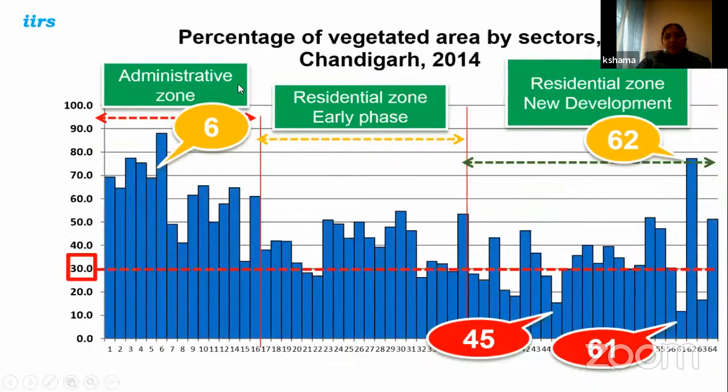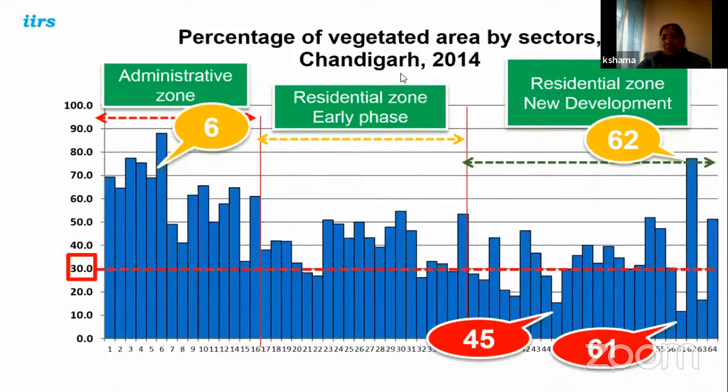Then there is one more example: this is a vegetated area, and how you can compute vegetated area. From the remote sensing data, we have extracted the vegetation area, separating out the non-vegetation and vegetation areas. Now when we overlay our administrative boundaries, like in the case of Chandigarh, those are sector boundaries, we can see which sector has more green area and which sector has less green area. For example, here you can see that in Chandigarh, up to sector 16, most of it is the administrative zone, and you can see a high vegetation percentage in these sectors.